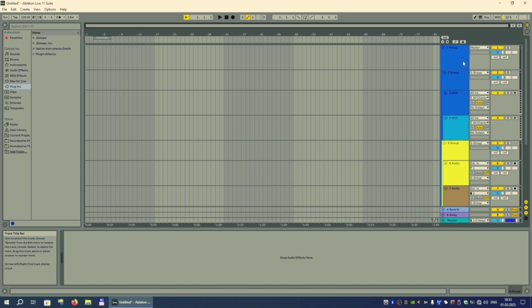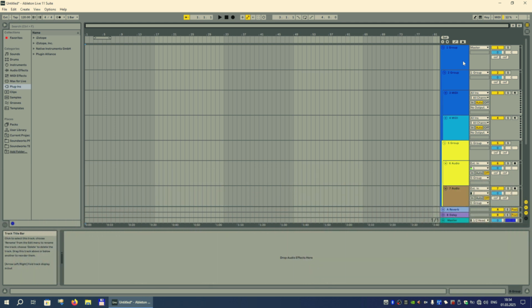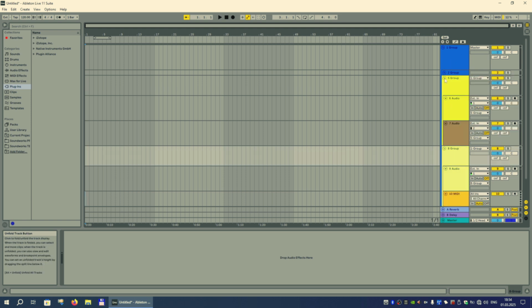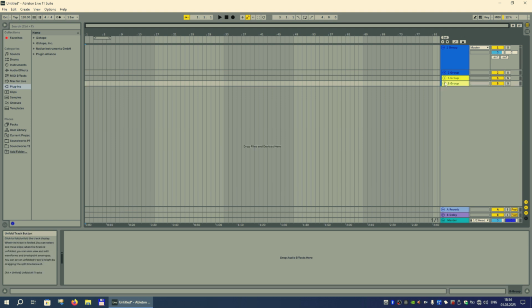Why would you need it? Several reasons. Number one, structuring. With groups, you can structure your project so that it becomes easier to navigate. It also becomes easier to monitor audio in multiple tracks at once, since each group has its own gain control and mute solo buttons. Finally, any track in Ableton Live, including group tracks, can be folded to take less space. So you can easily clean up screen space when needed.